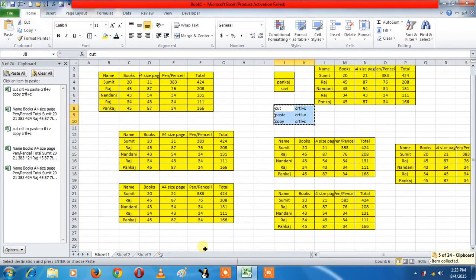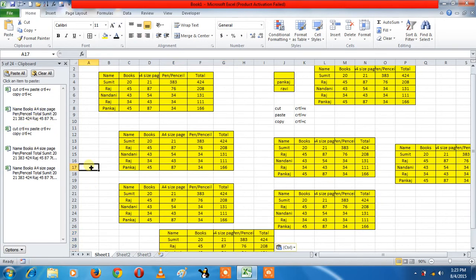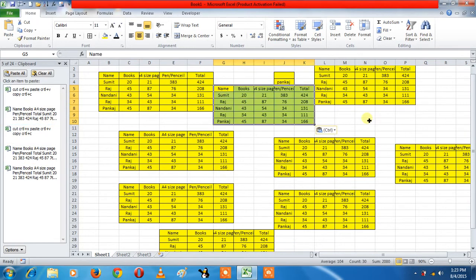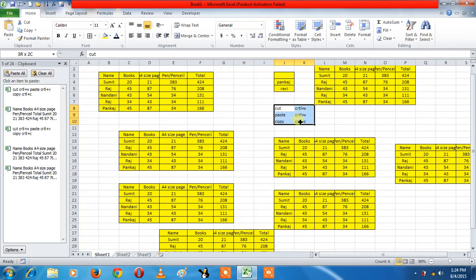you can paste anywhere, anytime. Even if you have not selected the copy option, you can paste from here. Look at that friend, Control Z, this is a copy. Your option is to be copied. If you want the same data anywhere, click anywhere, and you have to click on this. Select your cell and click on this.